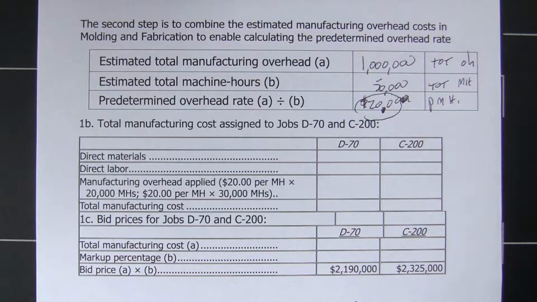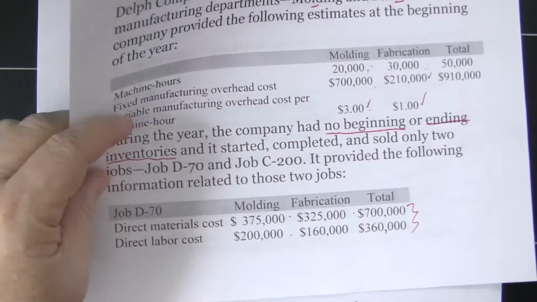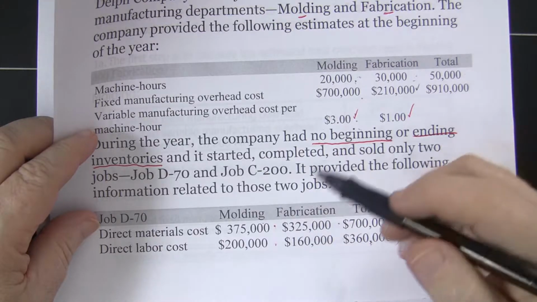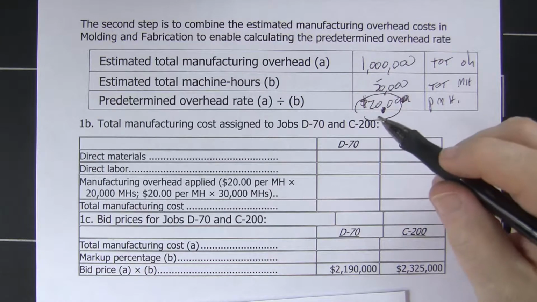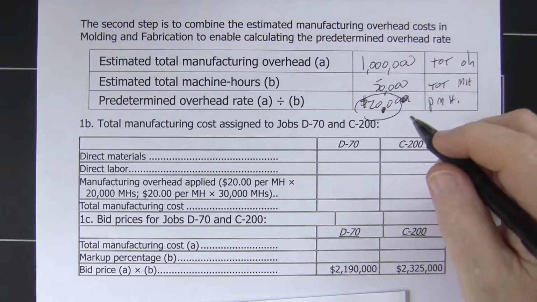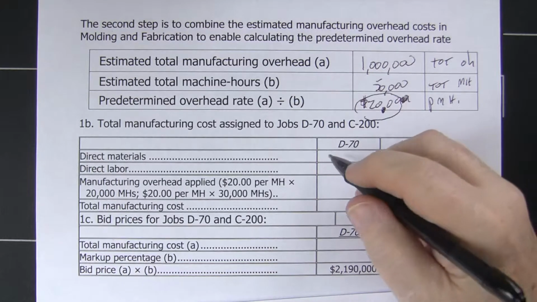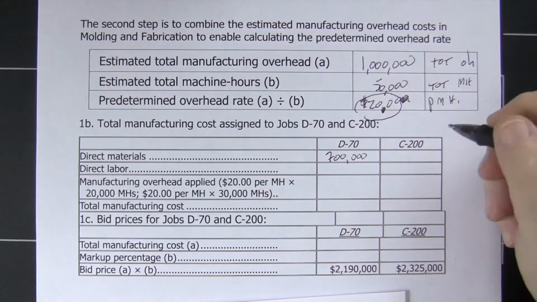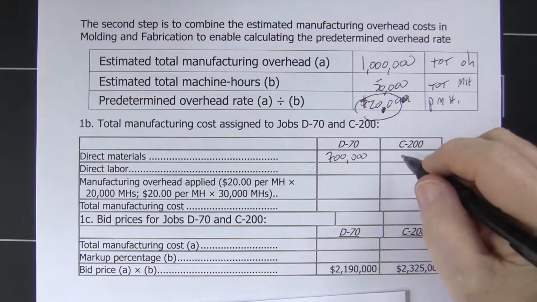The next step it asks us to do, in part B, it says, compute the total manufacturing cost assigned to both jobs. So the direct materials they give us for molding and fabrication, and they give us the direct labor for molding and fabrication. So we have to do that next. So our direct materials for the D70 is $700,000. And our direct materials for C200